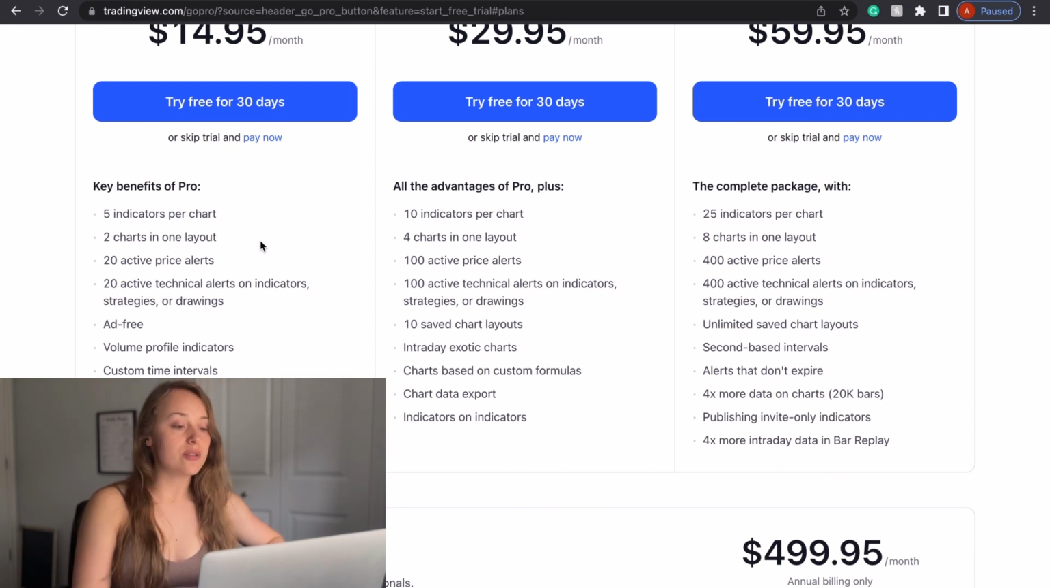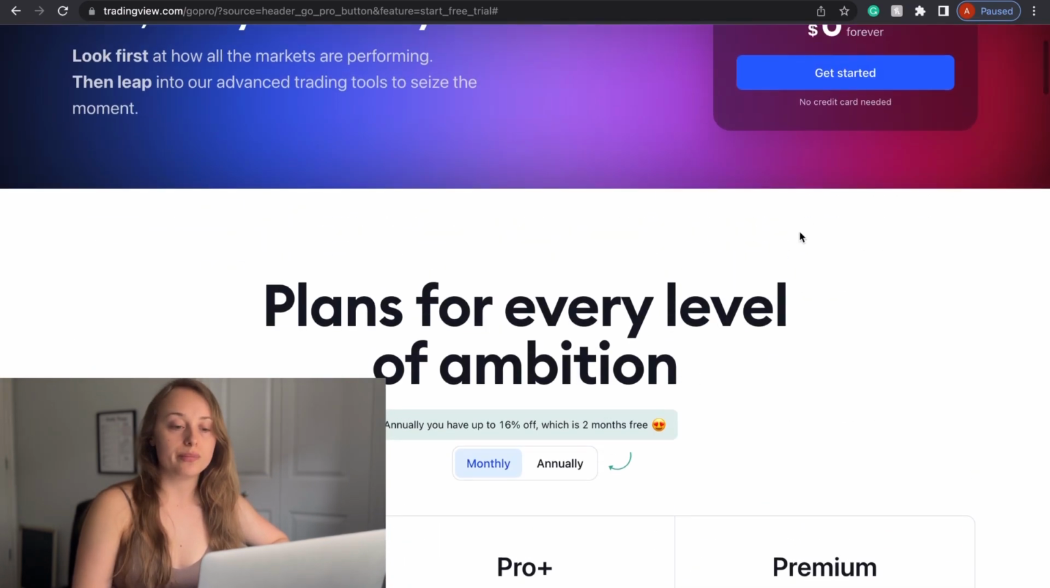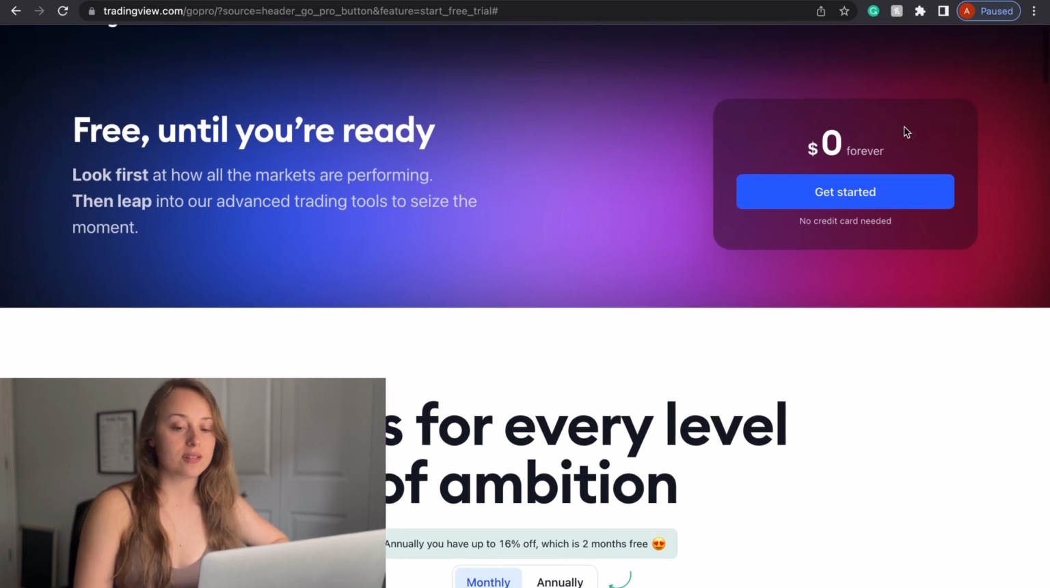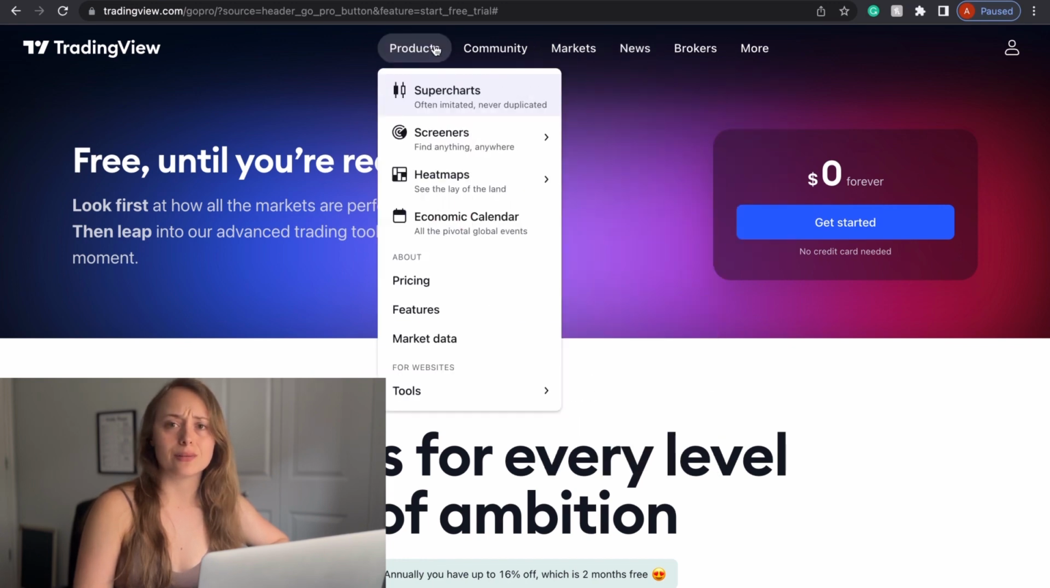I don't usually use indicators. I do have one indicator that helps me find imbalances, but you don't really need this, especially if you're just starting out and you just want to look at charts. Like, you don't even need this. You can get the free TradingView. So yeah, just click get started, and then basically it'll bring you, or you don't even have to really create an account. You can go to these super charts right here,